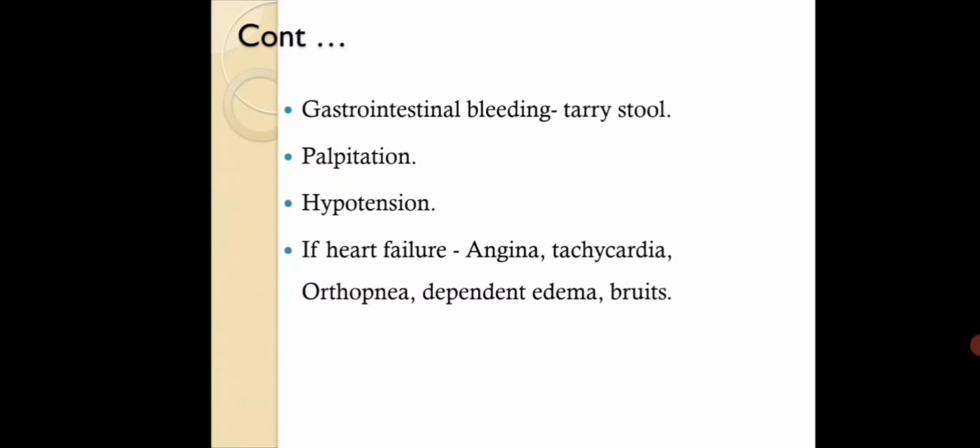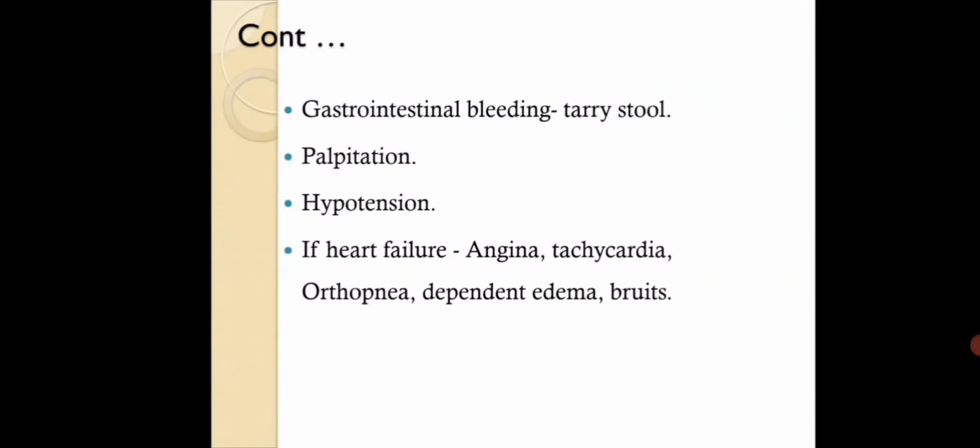If it is a chronic or severe anemia, with a low hemoglobin level of less than 6 or 5 gram per deciliter, and the patient is not treated, not taking proper diet or treatment, the patient may land up in heart failure. And then the patient will develop some silent symptoms like angina pectoris, chest pain, which will be originating from the heart problem. Tachycardia, that is increased heart rate of more than 100 per minute.